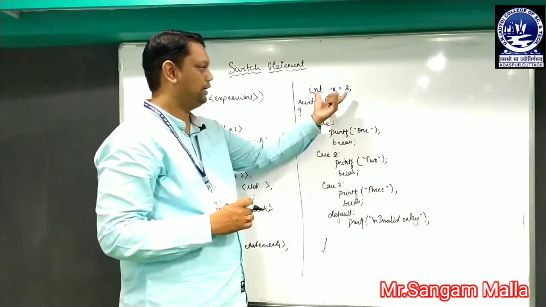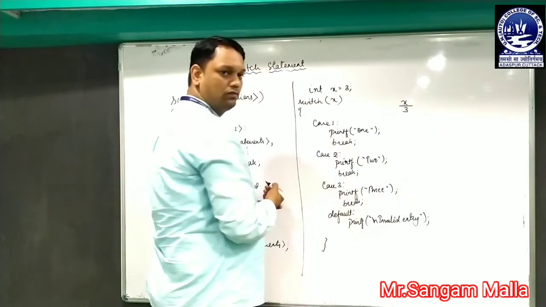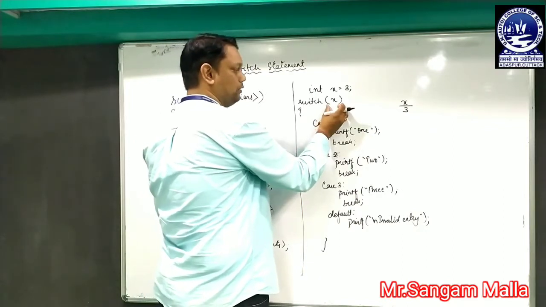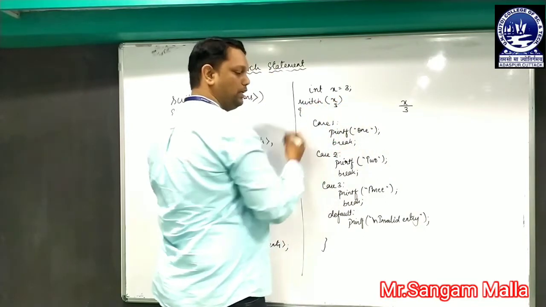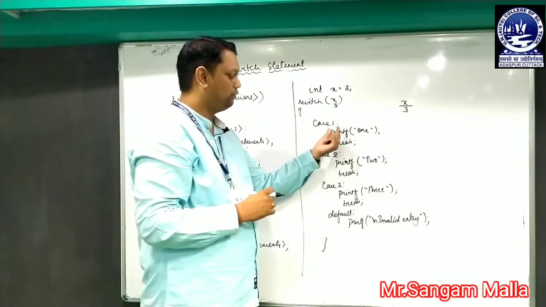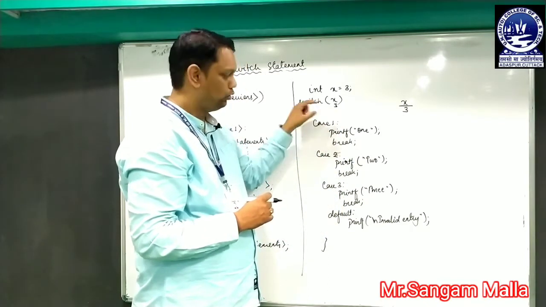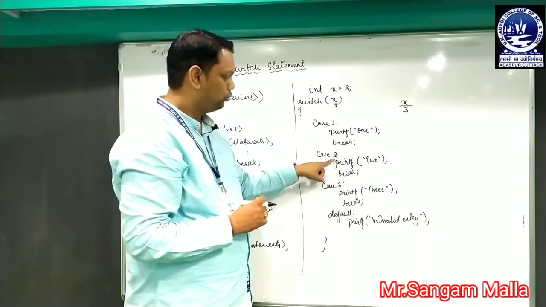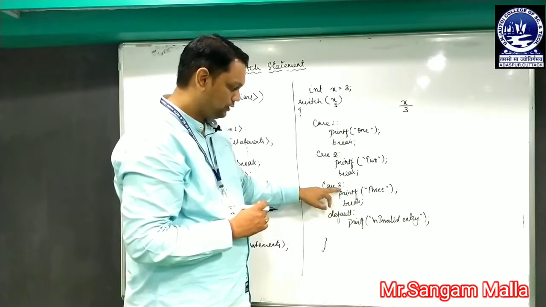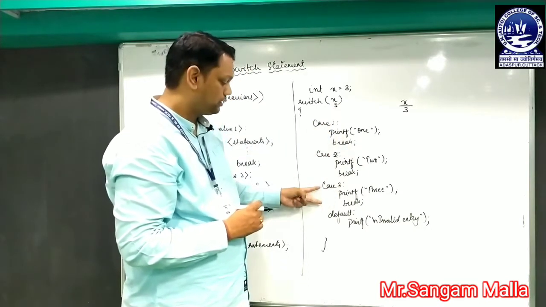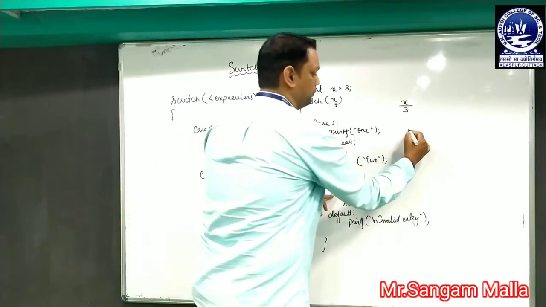You can see over here I have written int x equal to 3, that means x will contain the value 3. Now switch has taken the expression x, that means it has taken the value of x, so 3 is over here. Now it will check the values of case. Case value is 1, so is 1 equal to 3? No, it will not enter case 1. Is 2 equal to 3? No, it will not enter over here. Is case 3 equal to 3? Yes, true. So this case will get satisfied and it will enter over here. Now it will print 3.